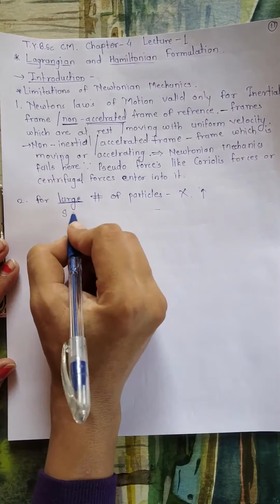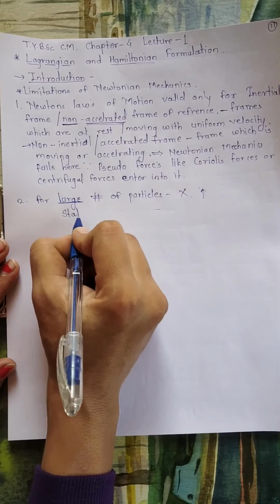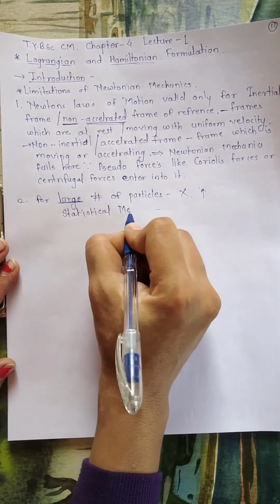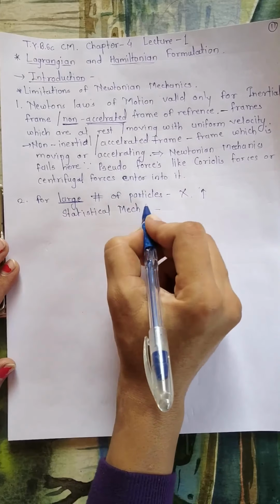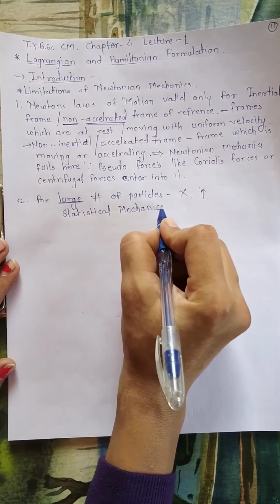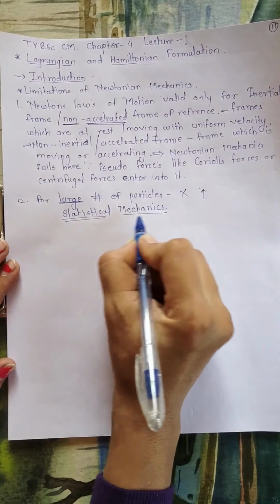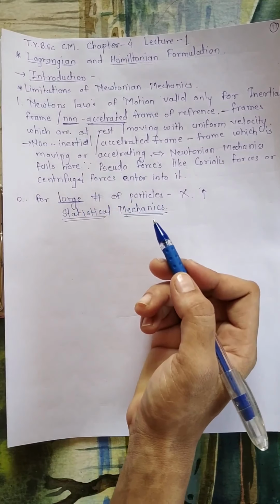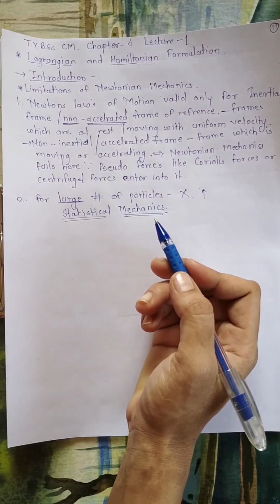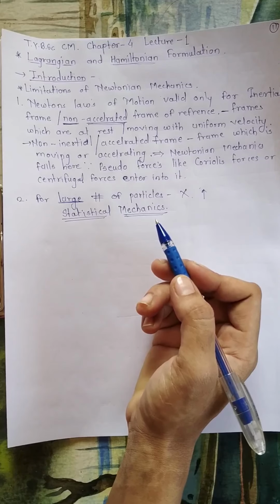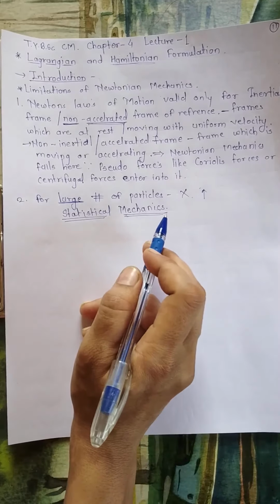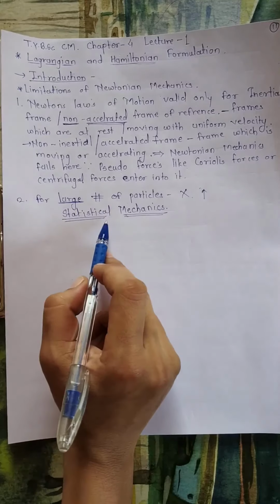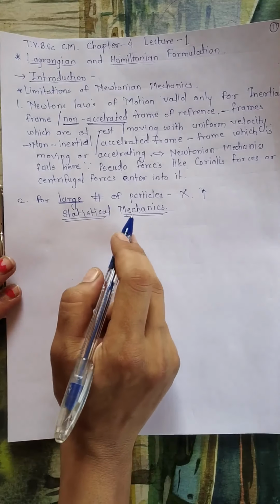In a previous chapter we discussed the concept of differential cross section. This concept was based on probability, which is nothing but part of statistical mechanics. Whenever there are a large number of particles, Newtonian mechanics fails to describe the motion or to study the system. Therefore we take the help of statistical mechanics and then we study the system statistically.